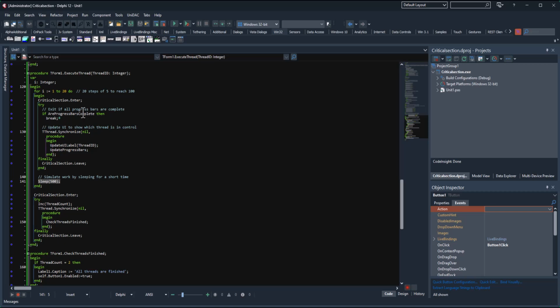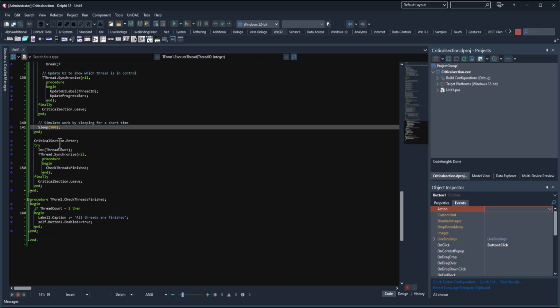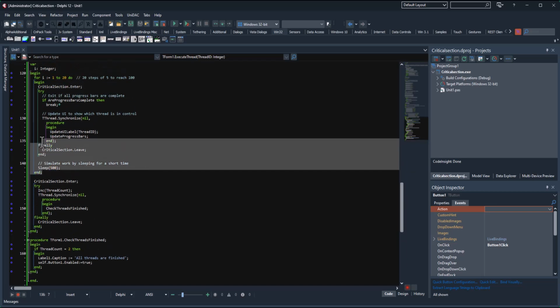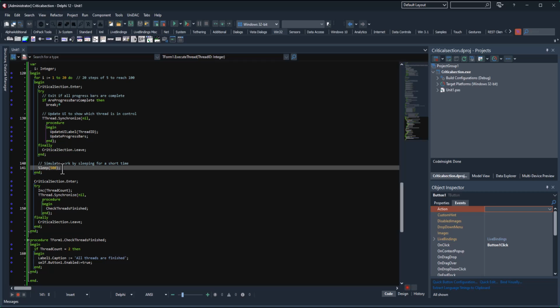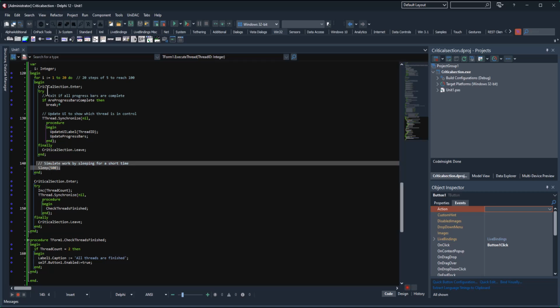Okay, so this, the second portion, we're going to talk about another critical section that I wrote in. So this other critical section is, let's say that all this work is done. So let's say this thread did its job, and it is currently sleeping for half a second. And let's say that while the sleeping is being done, the other thread might be in control of the GUI and whatnot. Well, after this 500 milliseconds, this thread is not actually finished yet because it has to create another critical section. It increments the thread count, right? And then it does